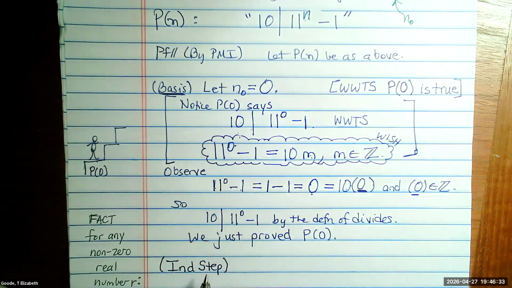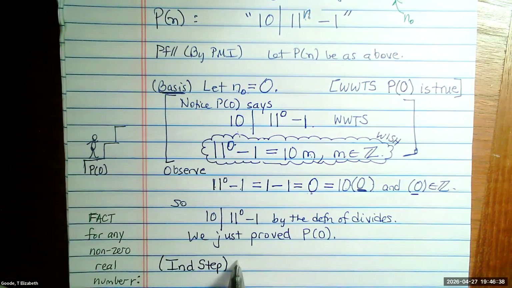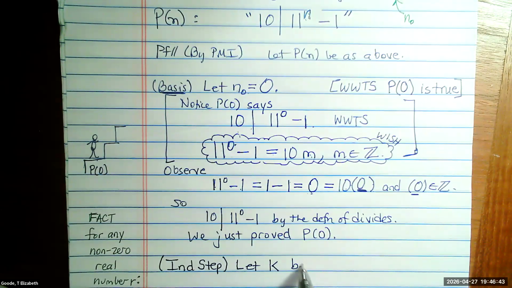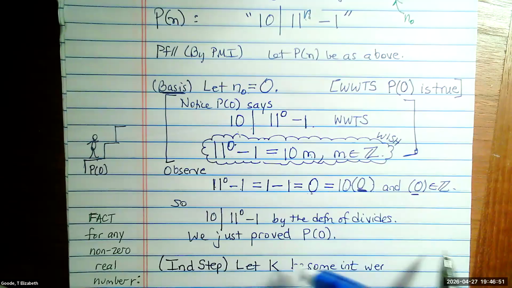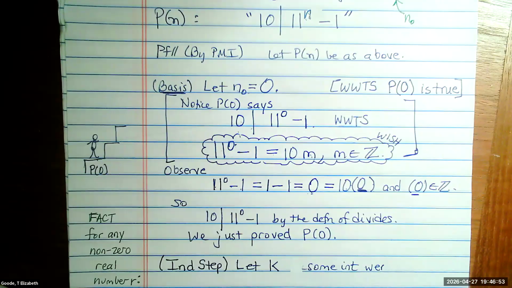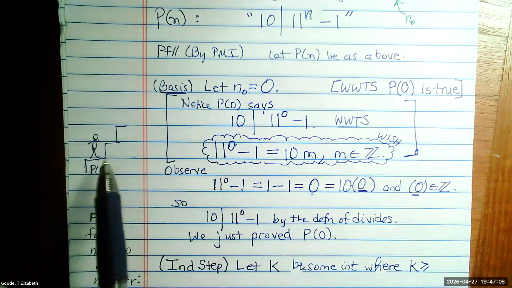Now, in the inductive step, we have another variable we're going to introduce. Do you remember what it is? K. Is this where we say assume, or let K be some integer that belongs where? Where does K need to start? It will start at 10? No, we want to start